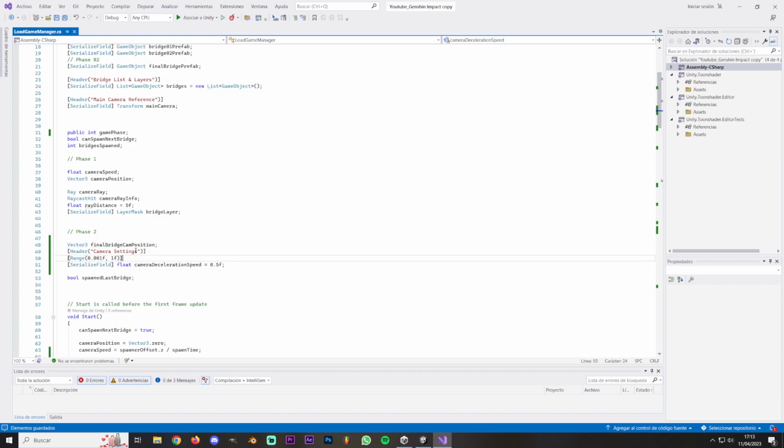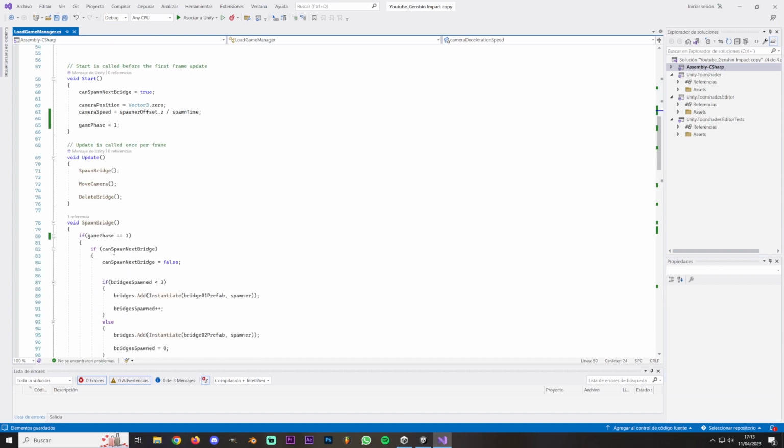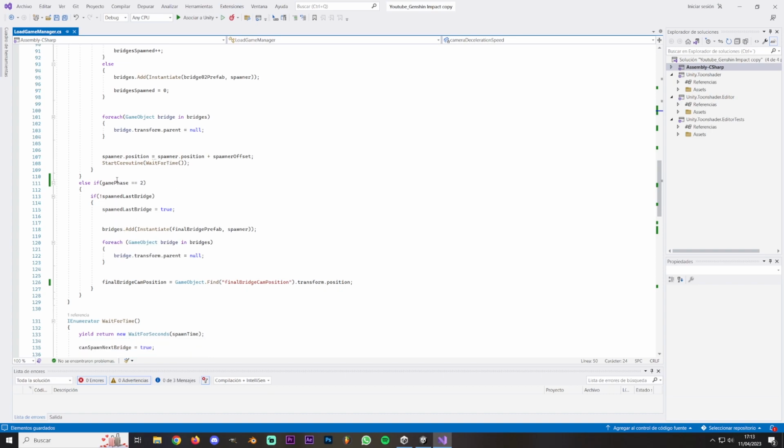And then the camera settings is just so we can adjust the speed of the movement, right? So we need to add a line of code here so that once the final prefab is spawned, we are going to get the